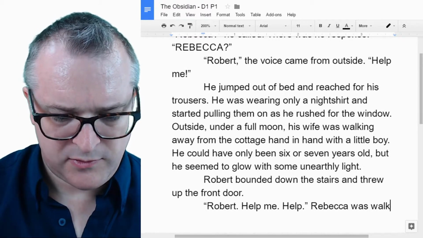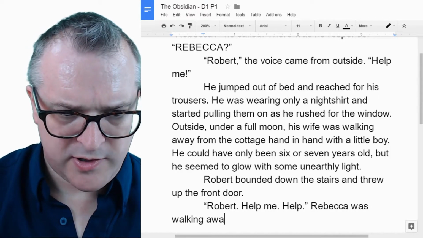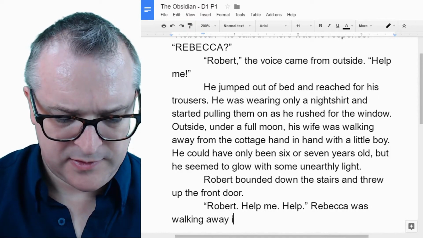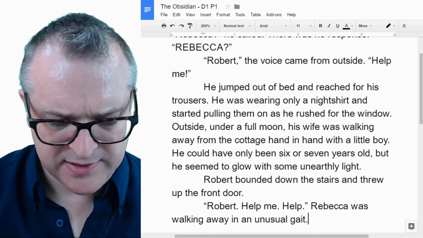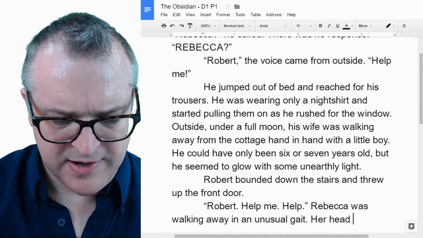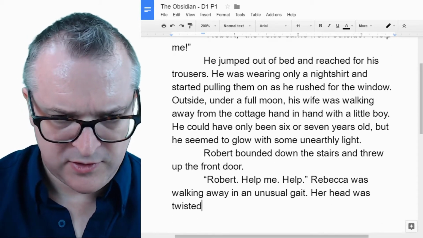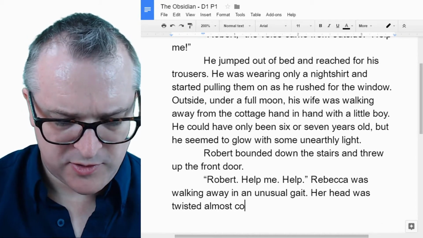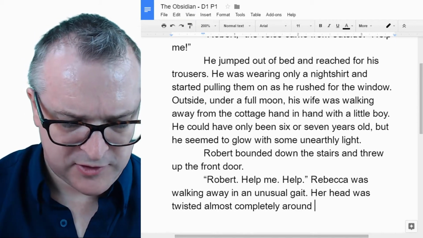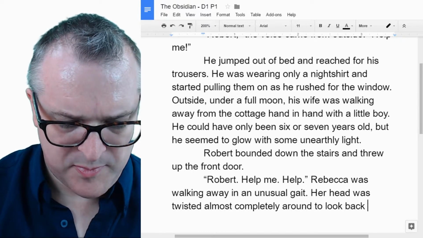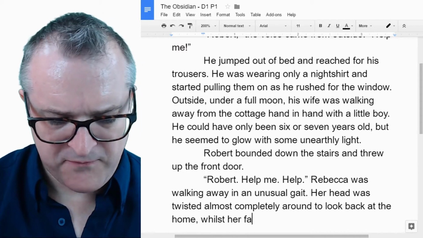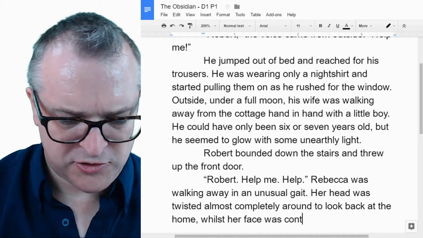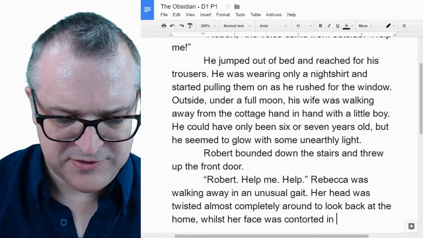Rebecca was walking away in an unusual gait. Her head was twisted almost completely around to look back at the home, as her face was contorted in terror.